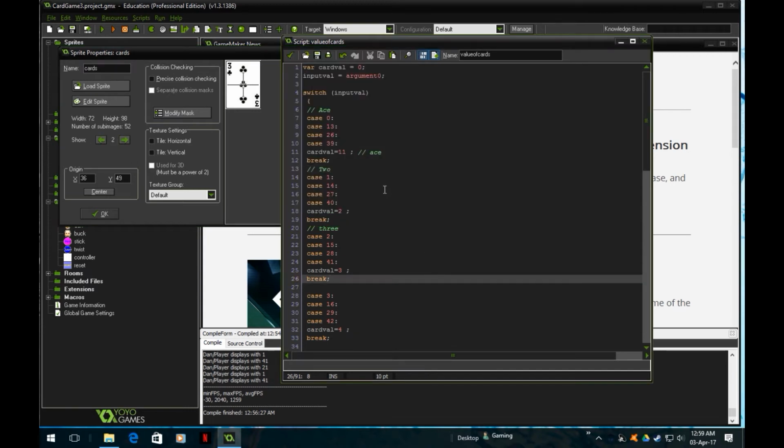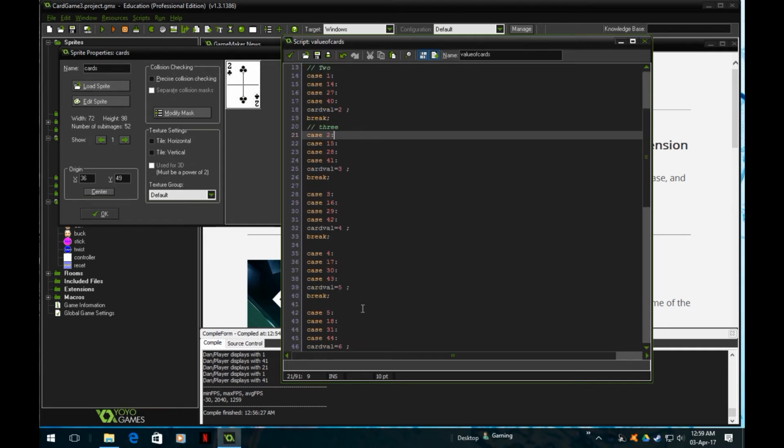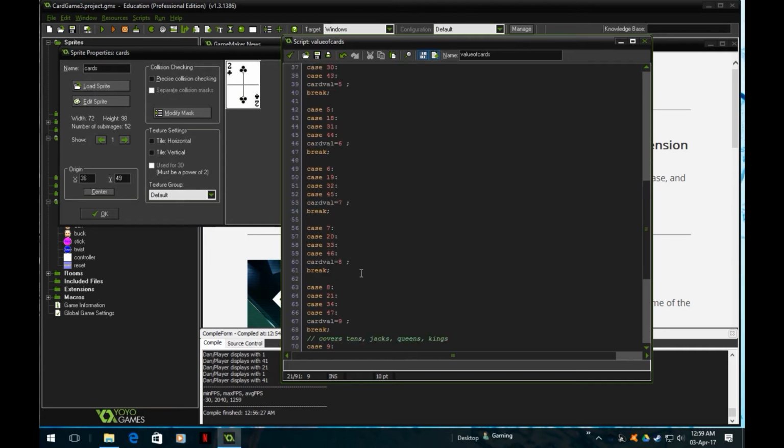So we have a value of... when it's 1, subimage 1, we know that it's a 2, and there's one at 14, 27 and 40. If you notice, you just add 13. There are 4 2s, 4 3s, 4 4s, 4 5s, 4 6s, 4 7s, 4 8s,